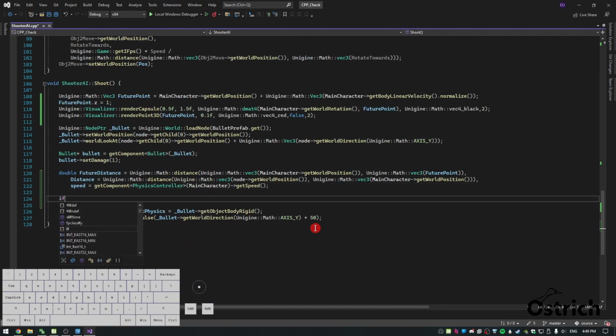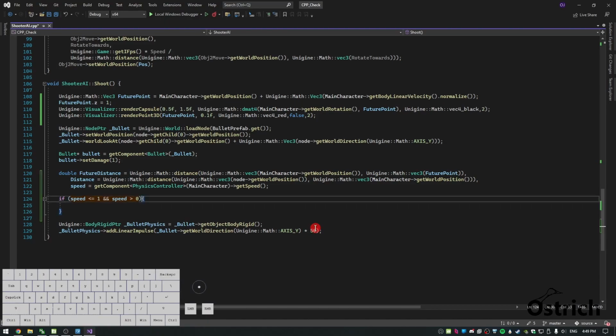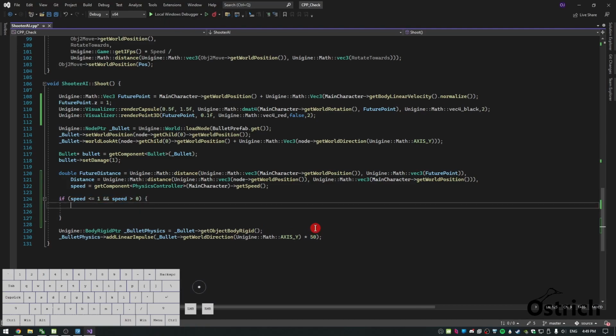Right here, if statements are always the best. So we're going to do a simple speed check and see if it's less than or equal to 1, and if it's greater than 0, right? Right, so if it's between 0 and 1, there's a ratio, right? And with that ratio, what we're going to do is we're going to use